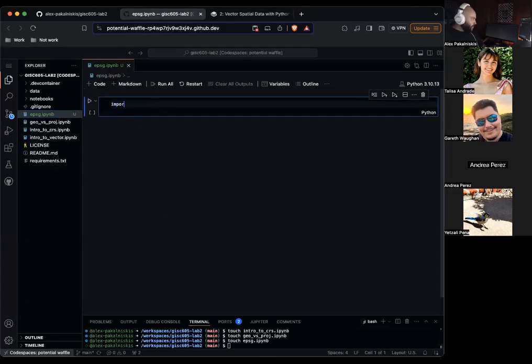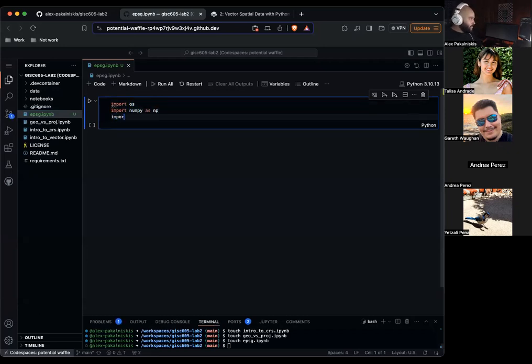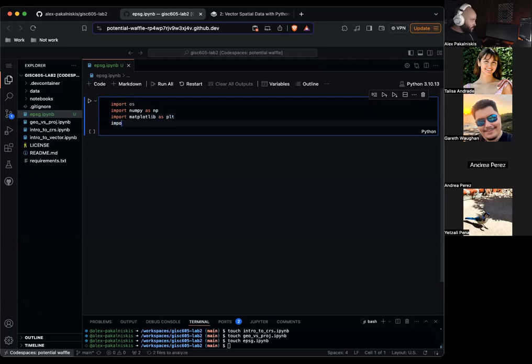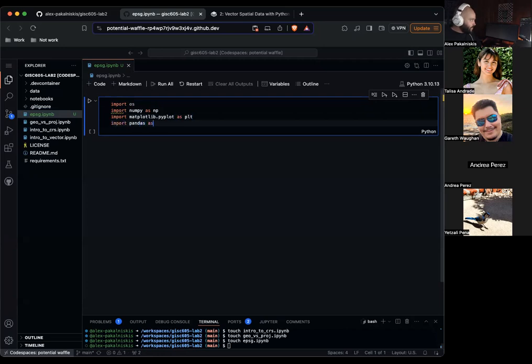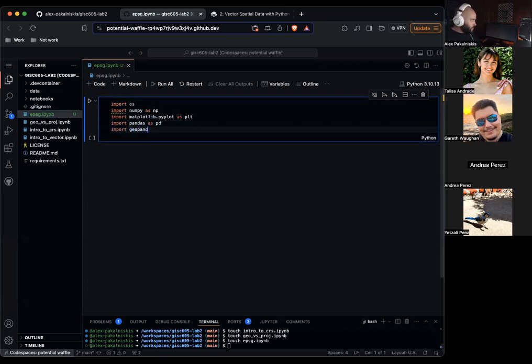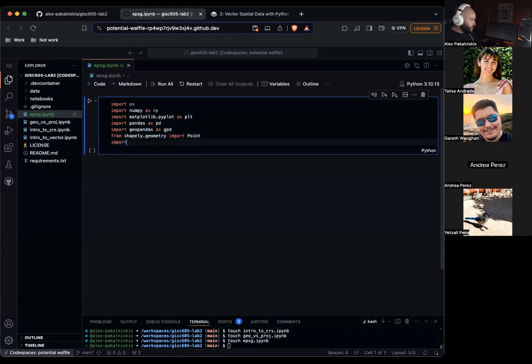To start, let's import all our familiar faces. Matplotlib.pyplot as plt. Shapely.geometry import Point. Import earthpy as et.